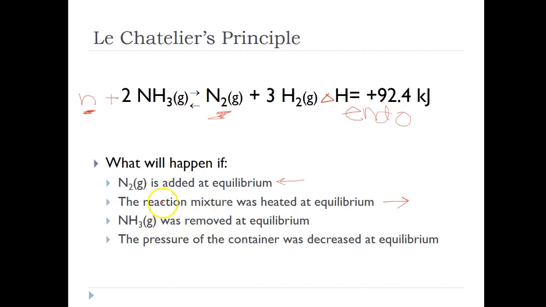Okay, so if we take NH3 and we remove it, so I pull the NH3 out, then the reaction is going to shift to make more NH3 to replace the NH3 that was lost. So that's going to be to the left. It needs to make more NH3. And the last one,